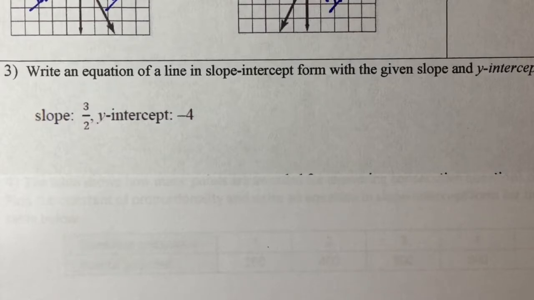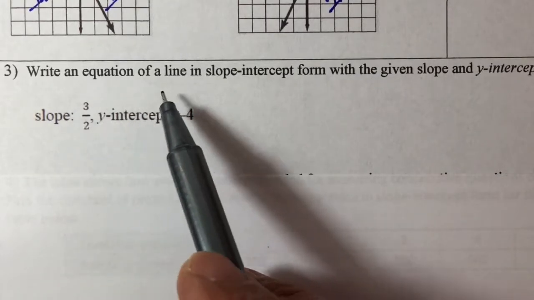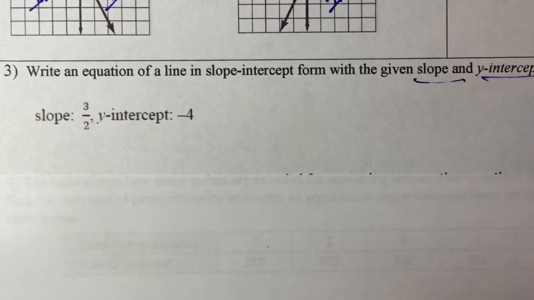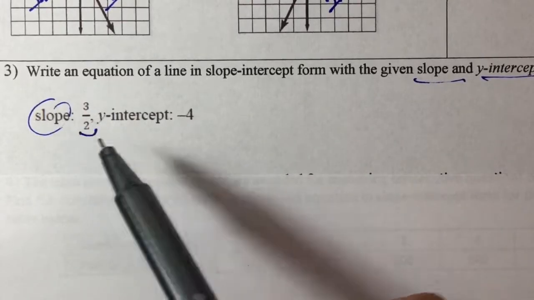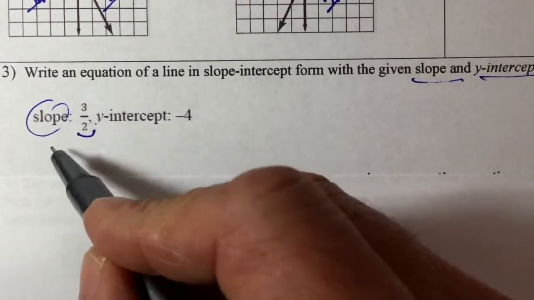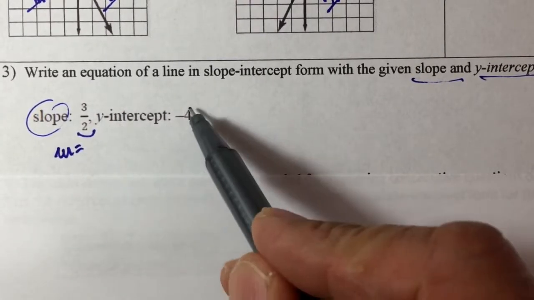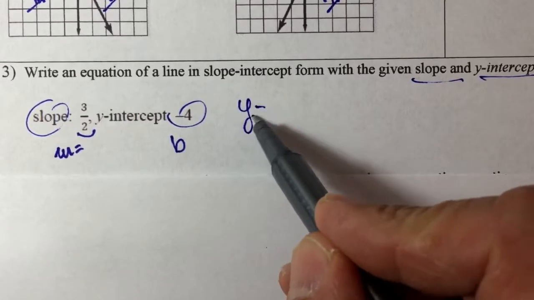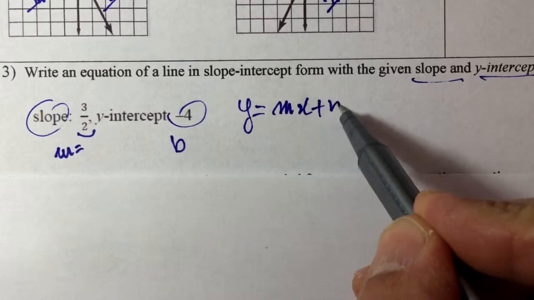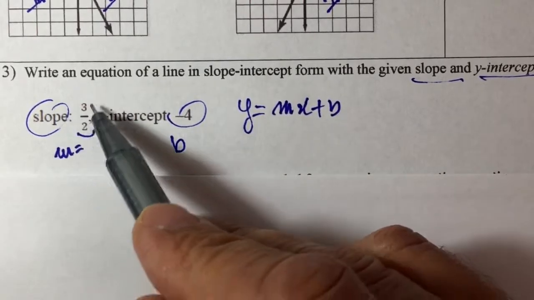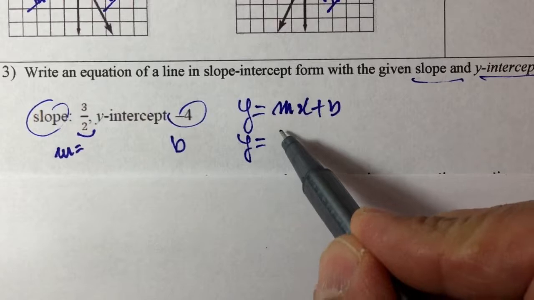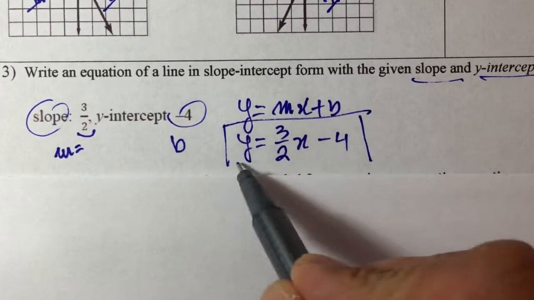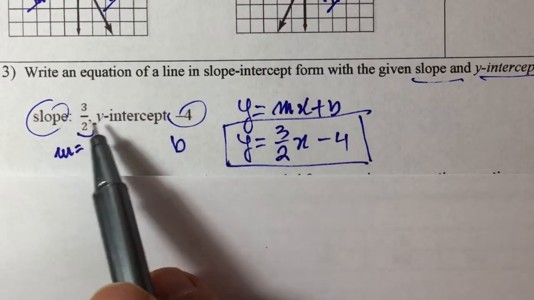For the third problem, we need to write an equation of a line in slope-intercept form with the given slope and y-intercept. The slope given is 3/2, so my m is 3/2, and the y-intercept is -4, so my b is -4. So I'm going to write the general equation y equals mx plus b, and just replace m and b by these values. y equals 3/2 of x minus 4, and this is my final equation with this slope and this